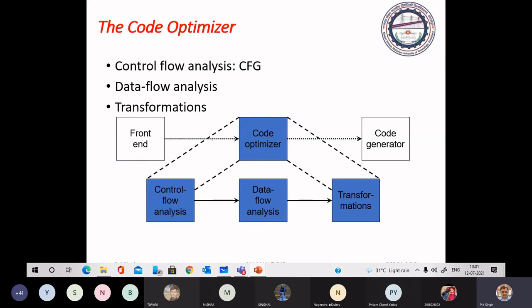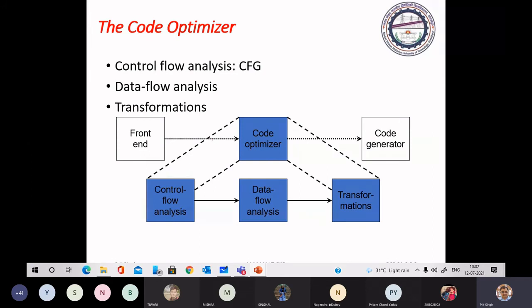We can identify those redundancies and remove them to improve the efficiency of program execution. Improving the efficiency of program execution is called code optimization.